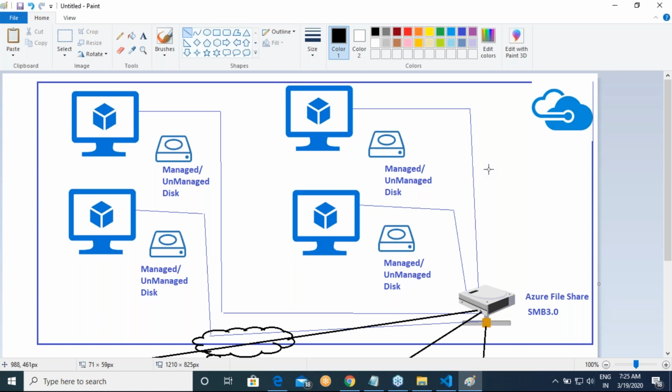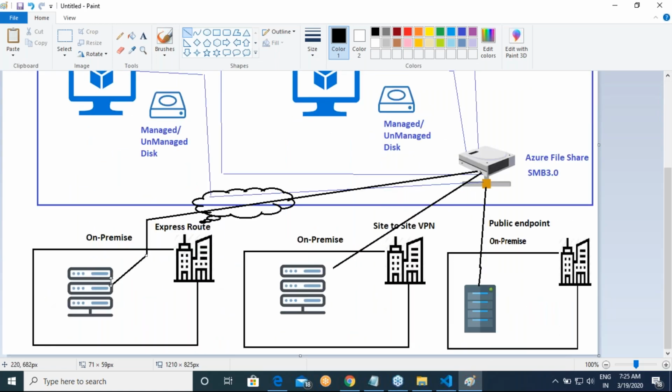So the second one is basically you are moving to cloud, and once you are moving to the cloud, you want to move all of the data that is present in your on campus or on premise into cloud. So the first thing which you would do is you will move all of the data to one of the storage servers in your organization, and from there you will try to sync it. That is Azure File Sync. We'll speak about Azure File Sync.